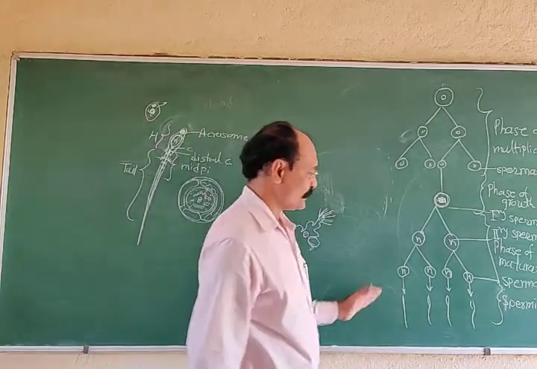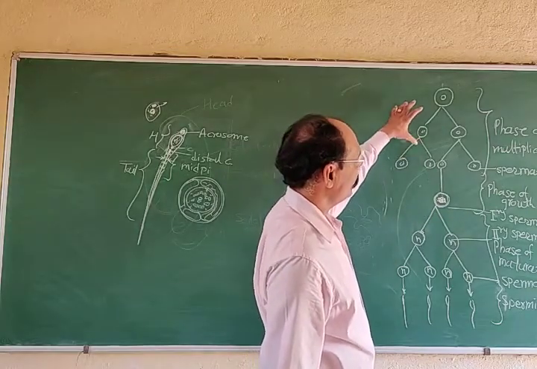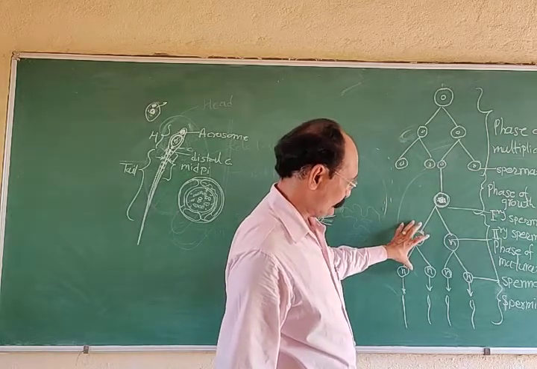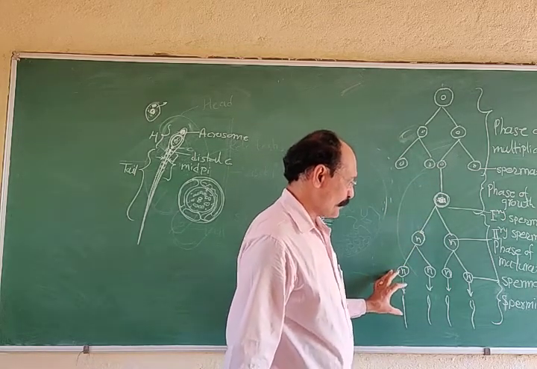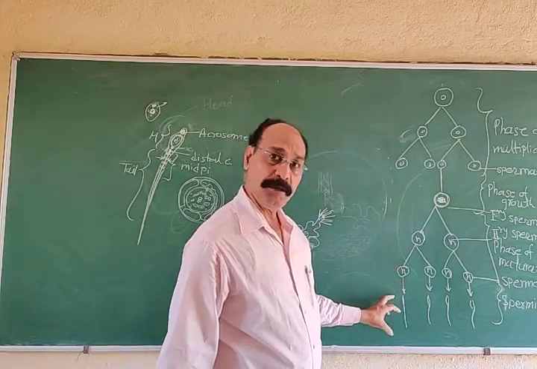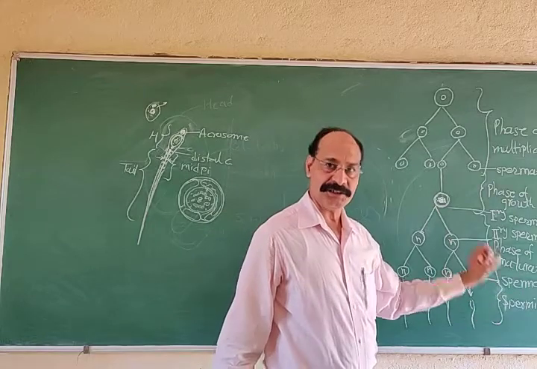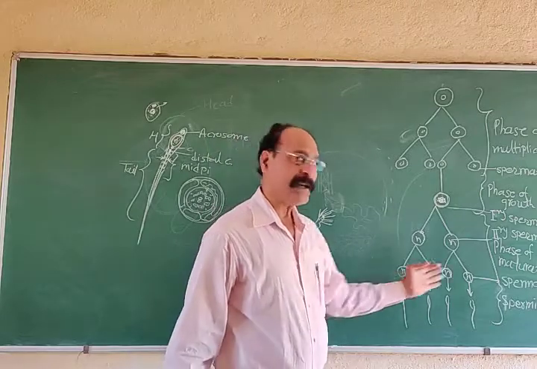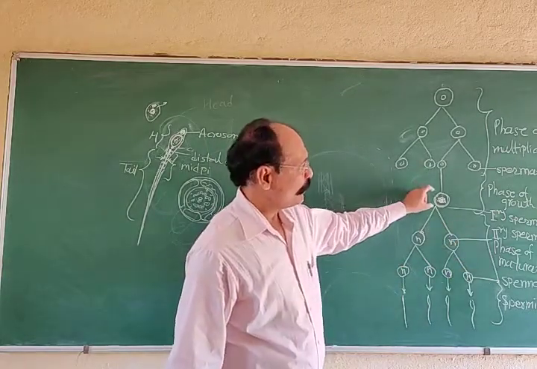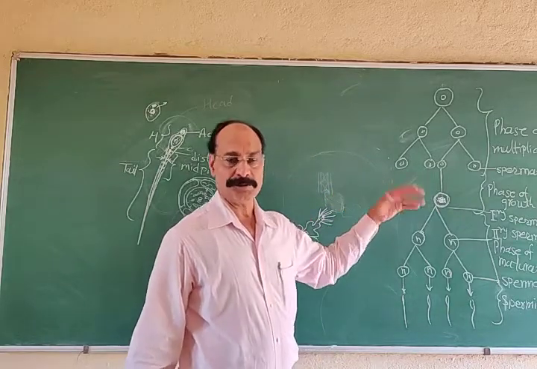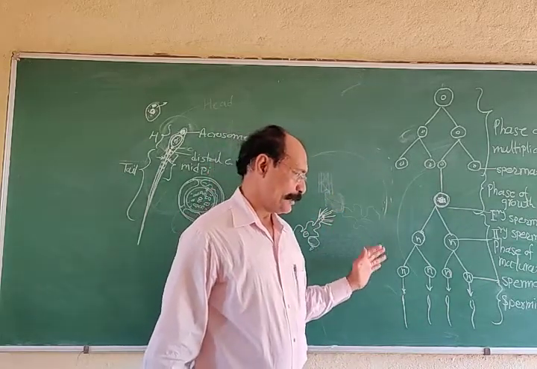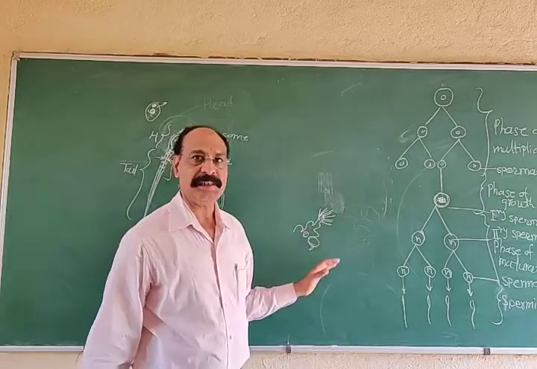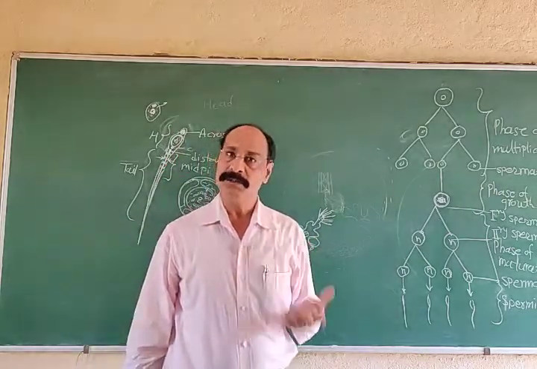So the total process of spermatogenesis can be divided into the phase of multiplication, phase of growth, phase of maturation, and later on the spermatids develop into the sperm, a process called spermiogenesis. In the process of spermatogenesis, we get 4 active sperm from each spermatocyte or spermatogonia, so that the sperms are formed in the testes of animals, and the process is called spermatogenesis.